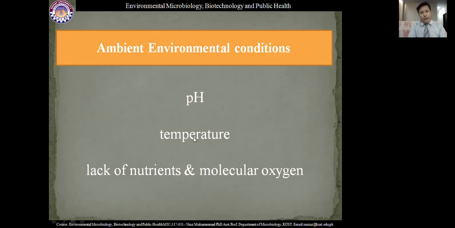Second, what is temperature? If temperature is suitable for majority of the microbial communities, so it is a greater chance that most of the microbial communities will grow there. They will produce various type of enzymes and they will decompose the pollutant. If temperature is very extreme, and we know in extreme temperature a rare microbial growth will take place, and there will be a rare chance of the decomposition and degradation of that pollutant. Lack of nutrients and molecular oxygen. If nutrients are sufficient, most of the microbial growth will take place in there,